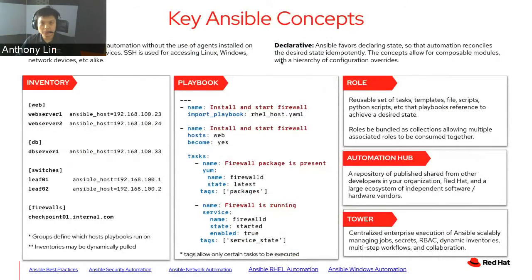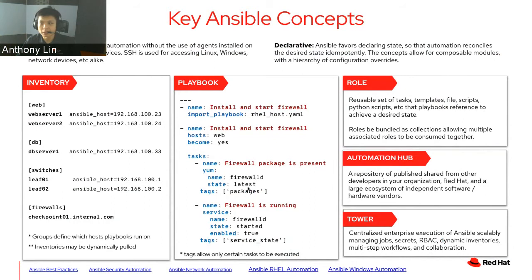So some of the key concepts: we are declarative. We favor declaring the final state so that you will eventually reach where you want it to be. A simple example could be something over here. What we want to do is install and start the firewall on the web host, which you can see over here are the two hosts that fall under the web group. Then we want to make sure that the firewall package is present. So we use the yum module, we state firewalld, and we write that